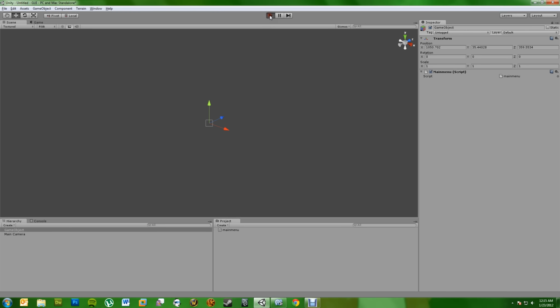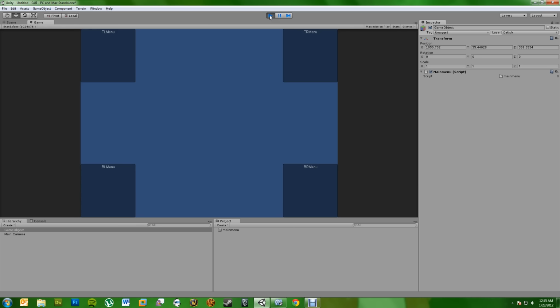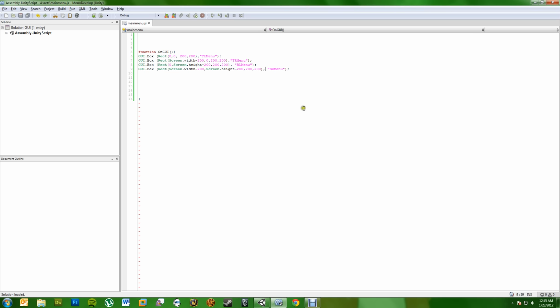And we're good. So we got all of those showing up there, and everything looks like it is in the right spot. So that's kind of how you play the different sides. You just kind of use that general formula. And if you want to have something centered on the screen, you just do GUI.box